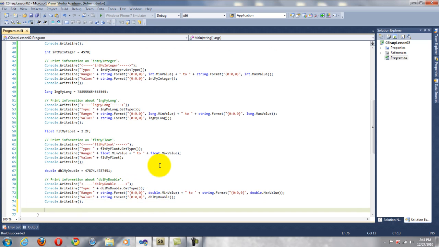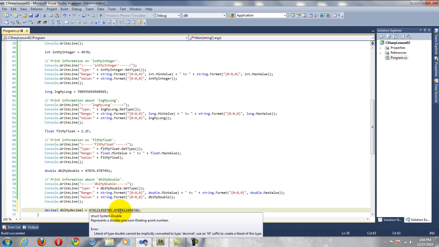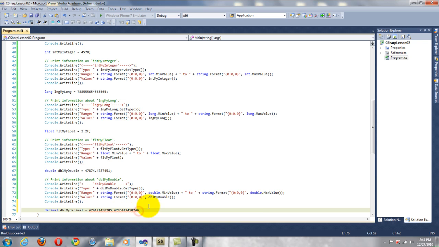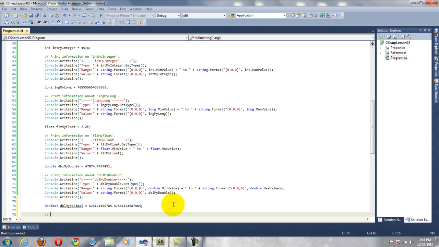Now, here we're going to work with the decimal, which is much larger. And we're going to say my decimal equals, we're just going to punch in some numbers here. Now, this is going to come up with an error: literal of type double cannot be implicitly converted to type decimal. Use an M suffix to create a literal of this type. Let's do what it says. And that should take care of that problem, and it does. So print